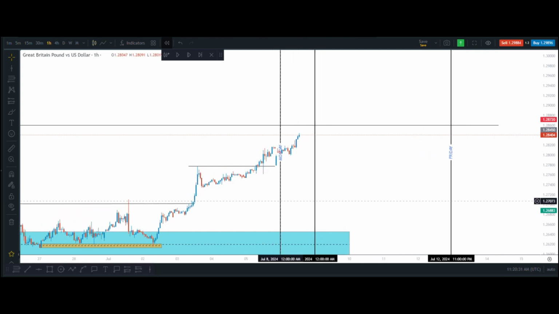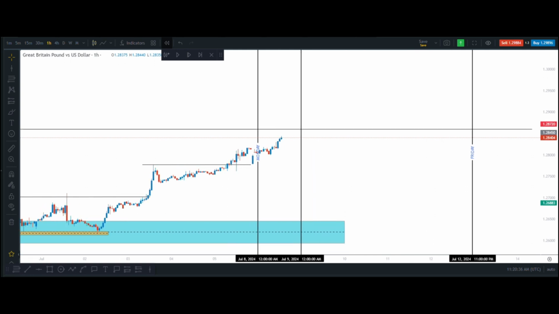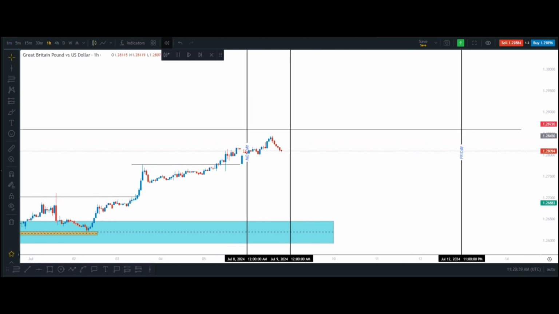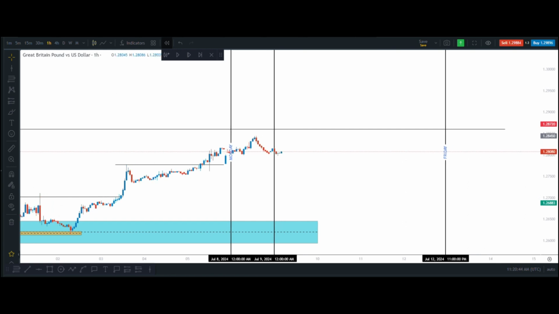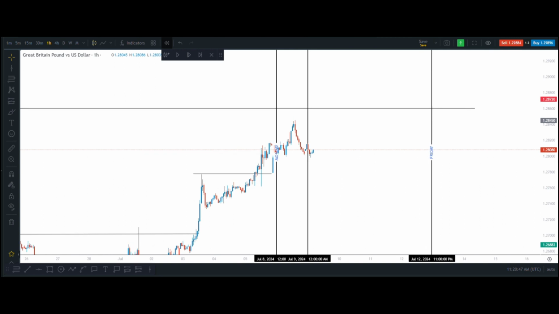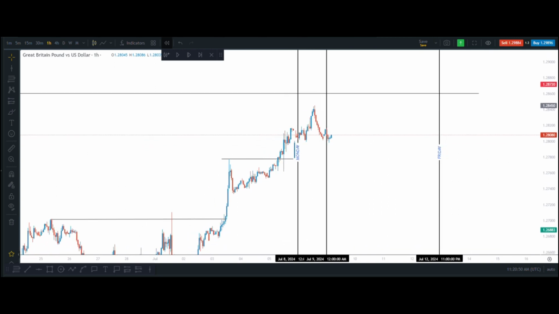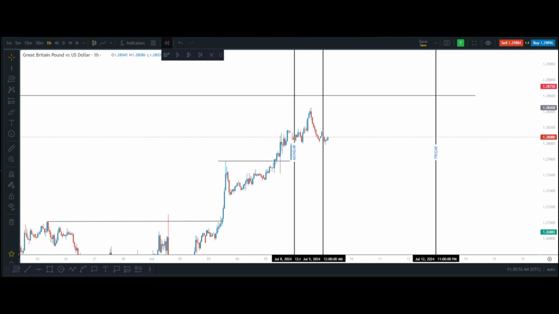This first line is Monday open. This second one is Monday close. So I want to see what Monday will do. Go ahead and play it. Okay, so this is all the price action we got on Monday. You mark out your Monday high and Monday low. Bear in mind that we are bullish, right? We are bullish, so what we want to see, since we are expecting price to go further above,